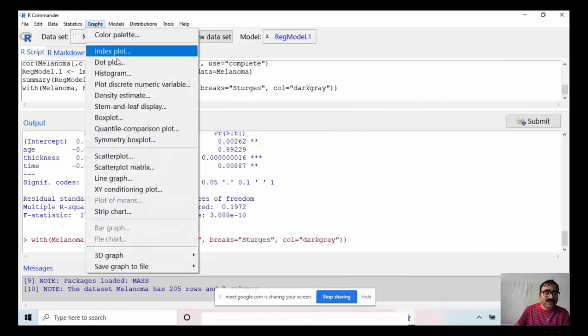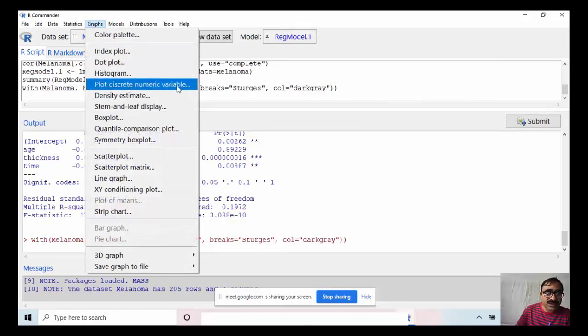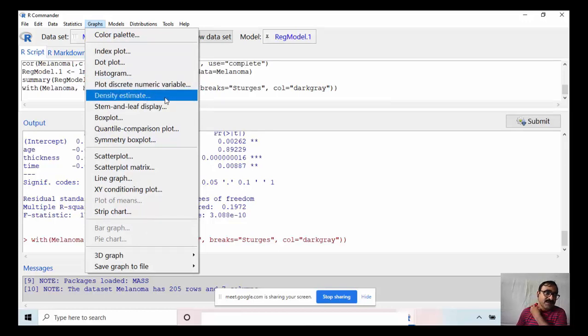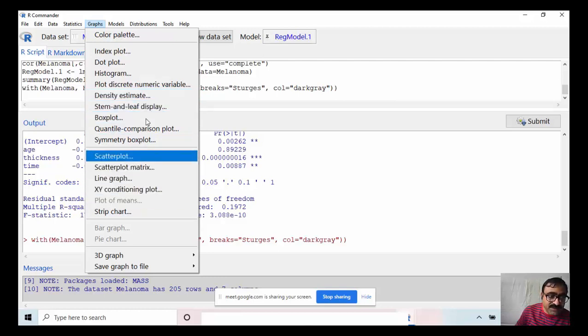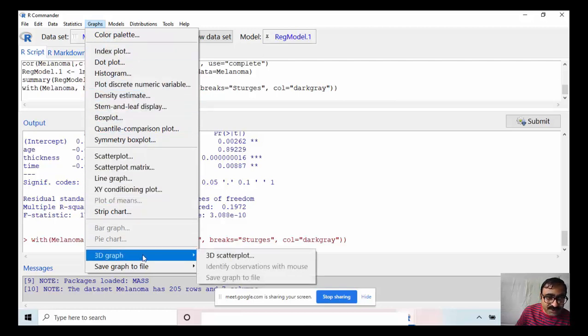In graphs, you can select the dot plot, histogram, plot discrete numeric variable, density estimate. So these are the different graphs. There is also an option for 3D graphs.